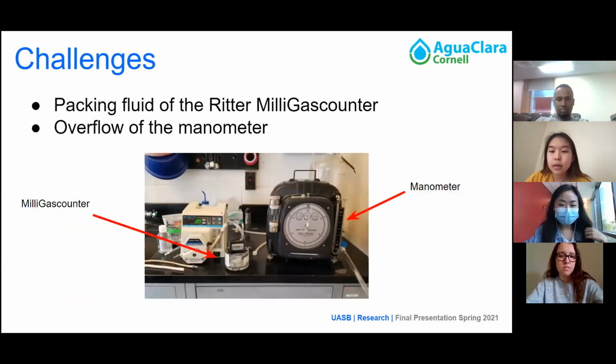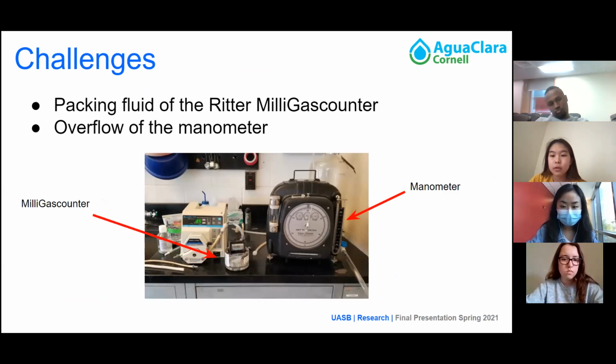As previously mentioned by Katrina, one of the ways we considered to increase the precision of biogas reading was to use the Ritter MilliGascounter machine. However, when we were reading the manual, we realized that the packing fluid for different gases were different. Due to the susceptibility to change with CO2 based on its solubility and acidity, it is best to use a